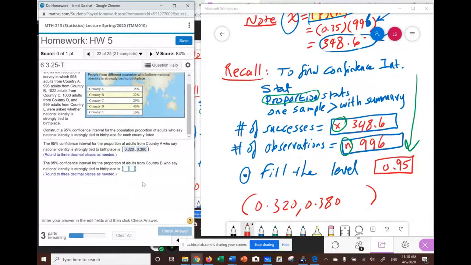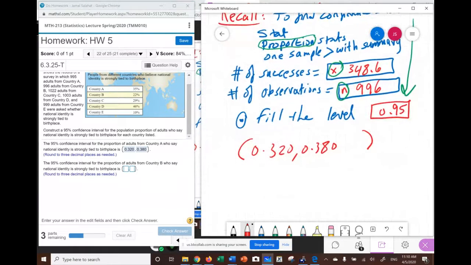Now, let me just do B. We're not going to do all of them. So it's the same thing for part B. In part B, or country B, they tell us, if you go back to read in here, they tell you we have